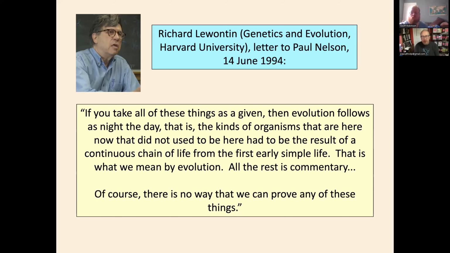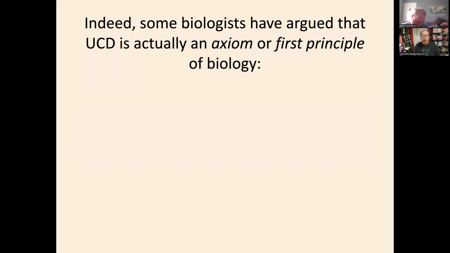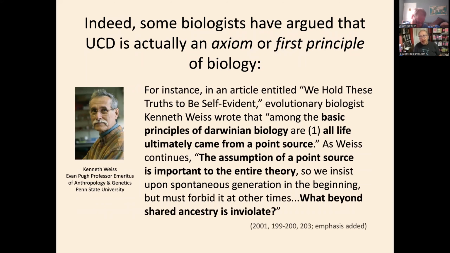It has to be a continuous chain of life from the very first cells. That is what we mean by evolution. All the rest is commentary. And then he adds with great candor, there's no way we can prove any of these things. And in fact, as I said, many biologists, surprisingly many, regard universal common descent as an axiom or first principle of biology. So Kenneth Weiss at Penn State, for instance, in an article in 2001 with an interesting title, "We Hold These Truths to Be Self-Evident," he said, among the basic principles of Darwinian biology, and by the way, this is not a typo, for Weiss,